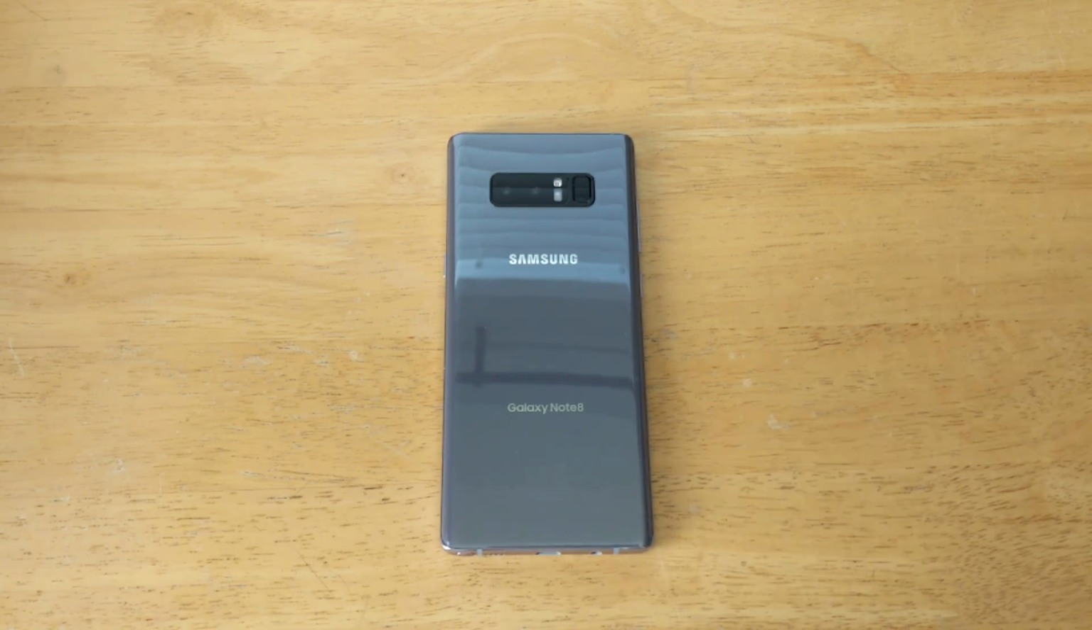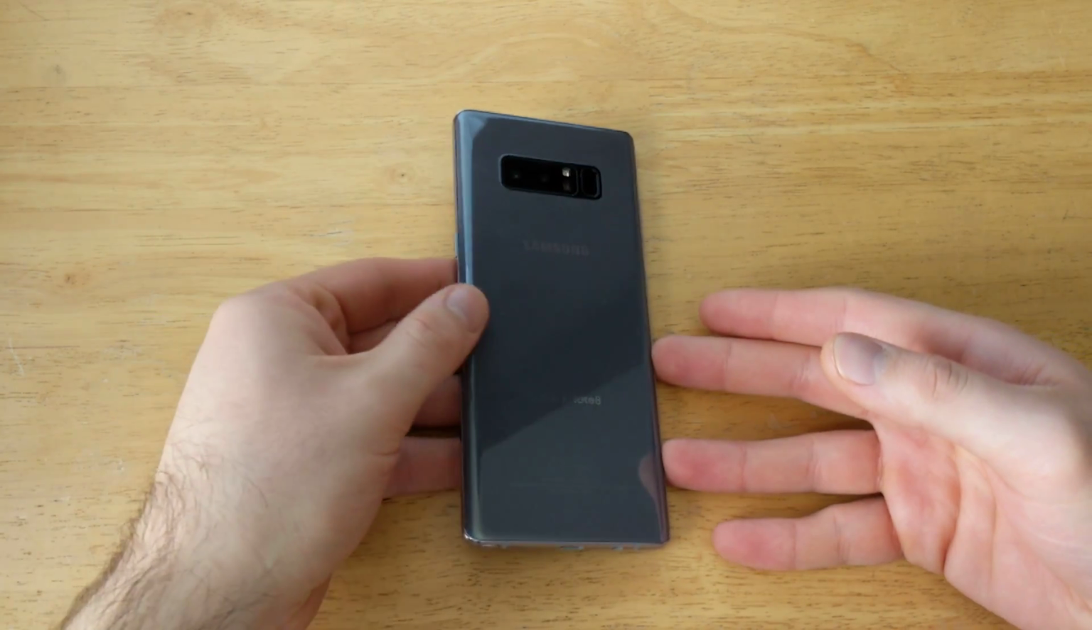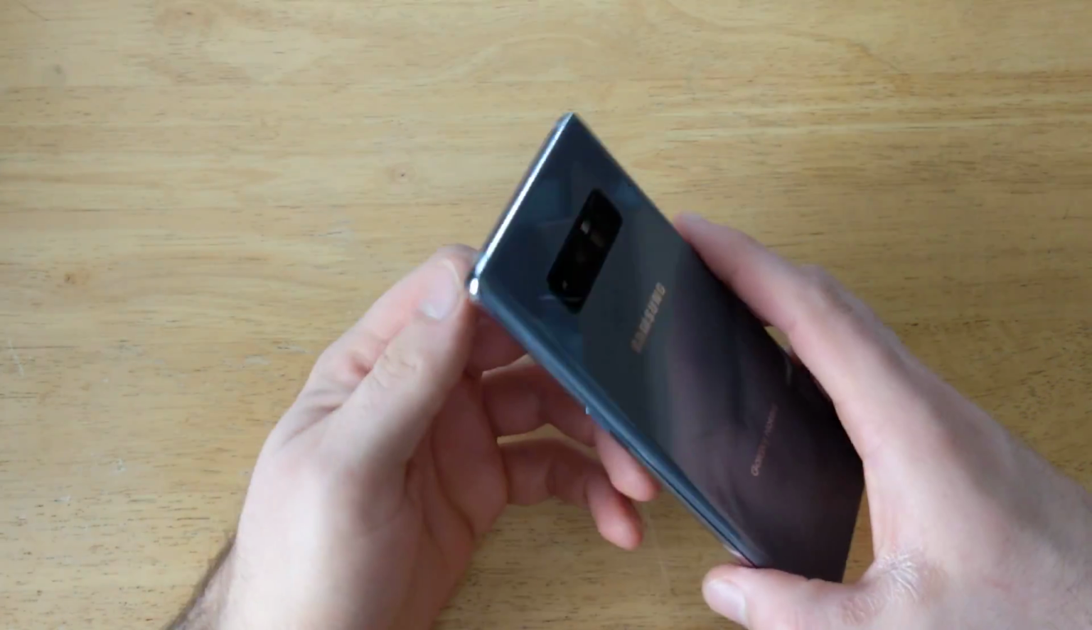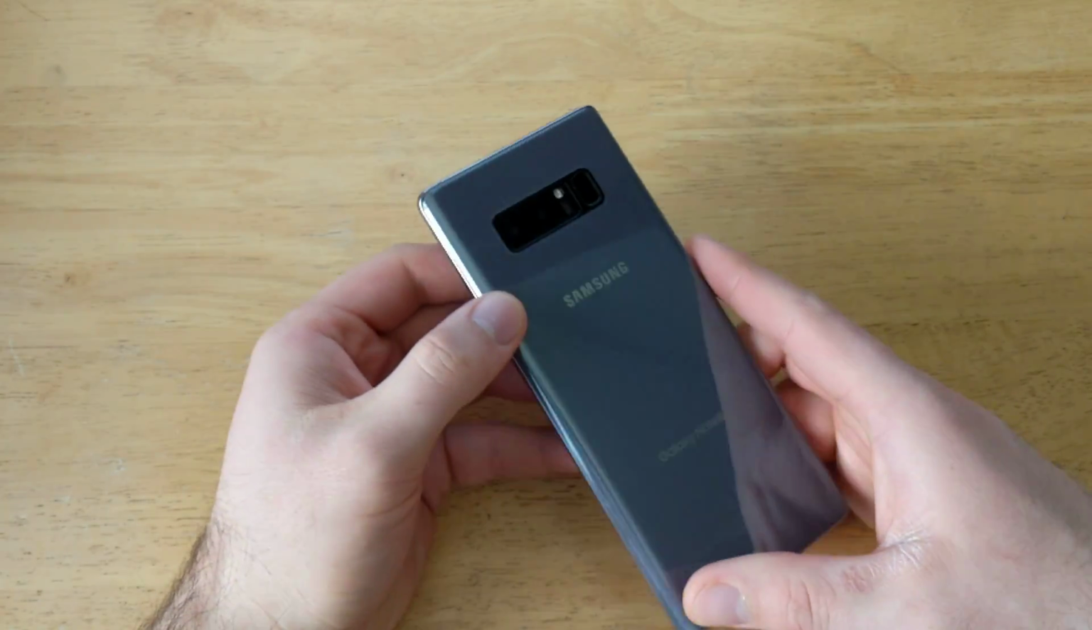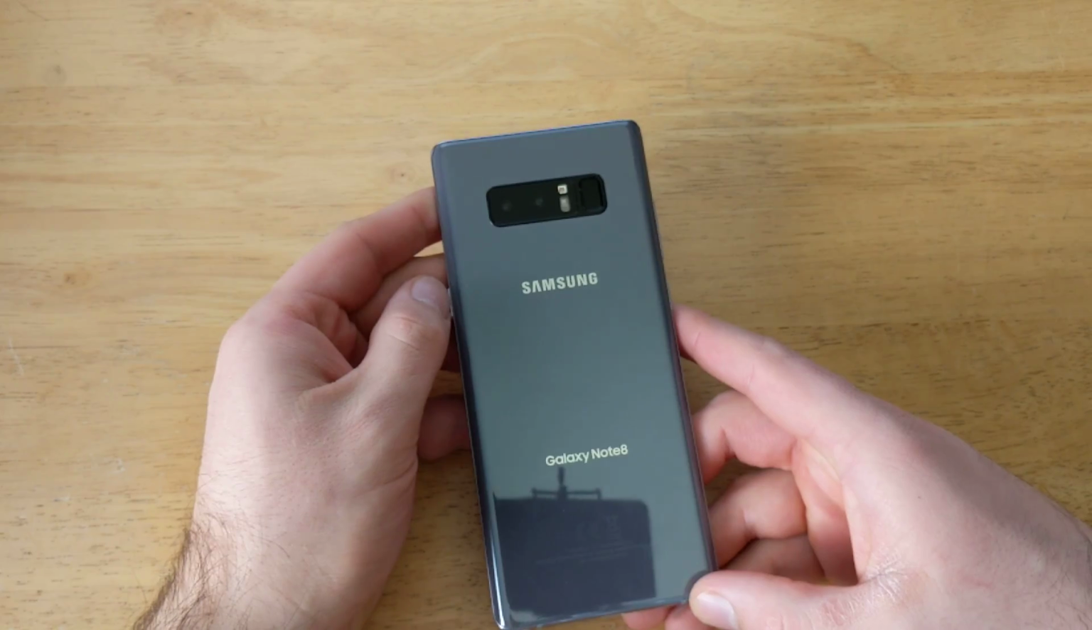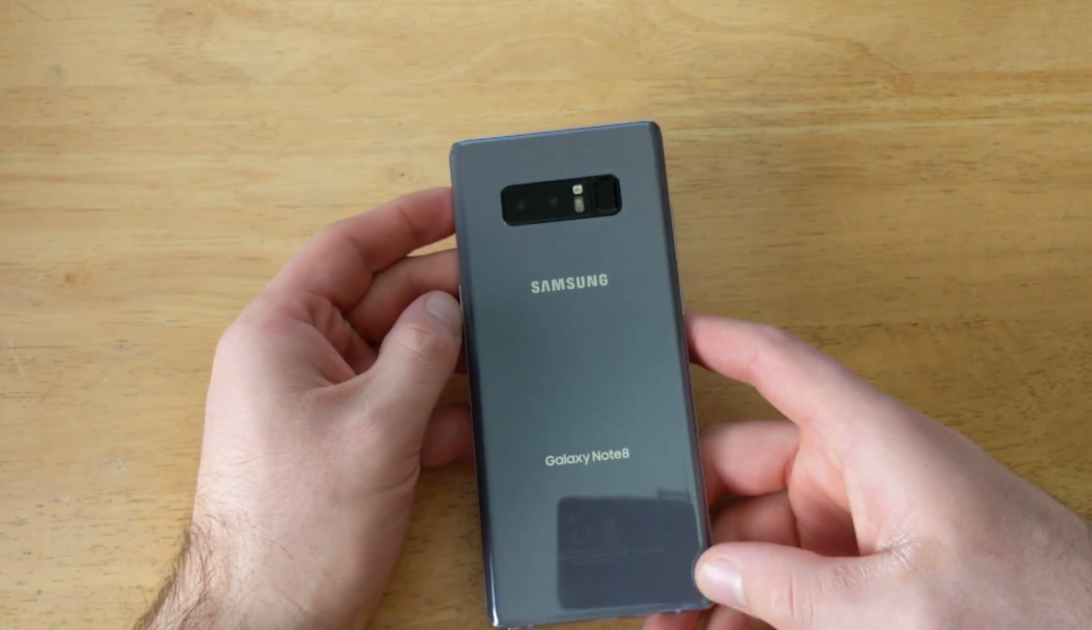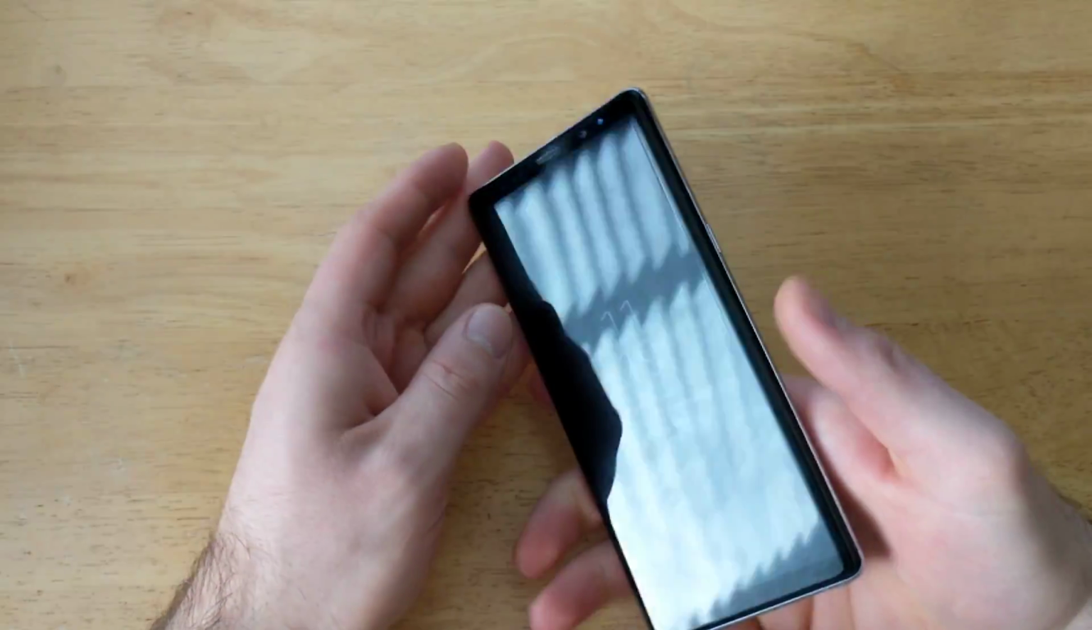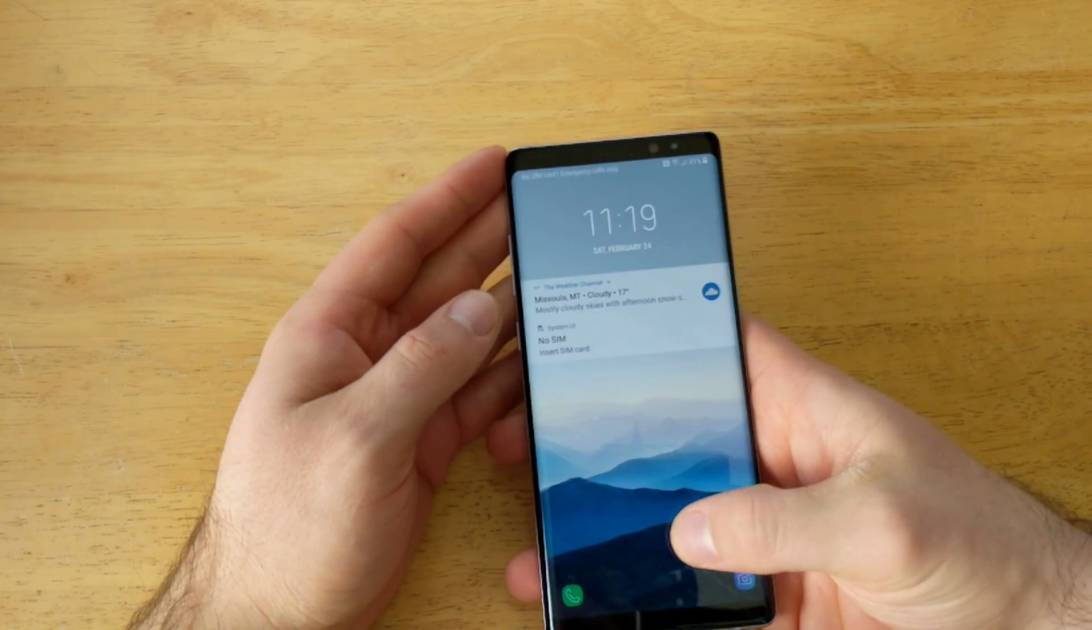So in this video, I'll be showing you guys how to transfer photos from your device to an SD card. The SD card goes up here in the top. If you guys would like to see how to install that properly, I will have a link in the description below for that as well. So after you have your SD card installed, what you're going to want to do is